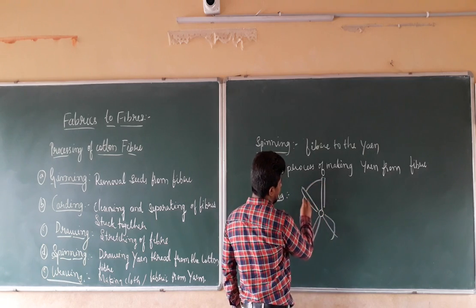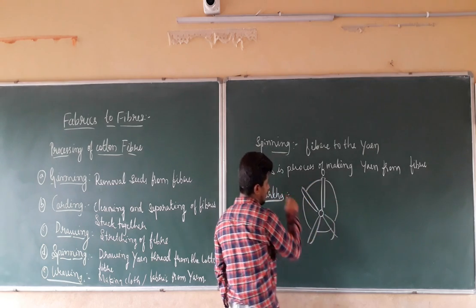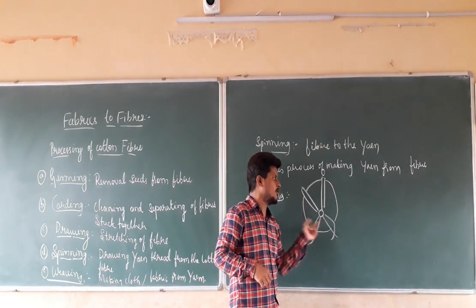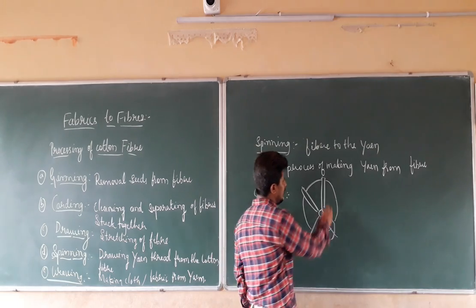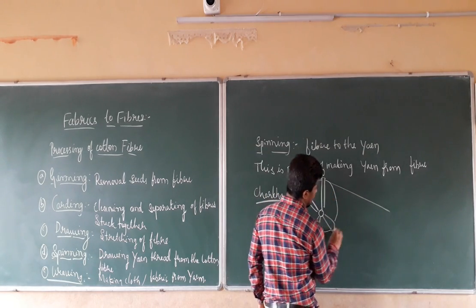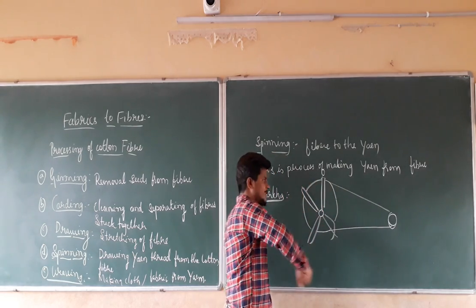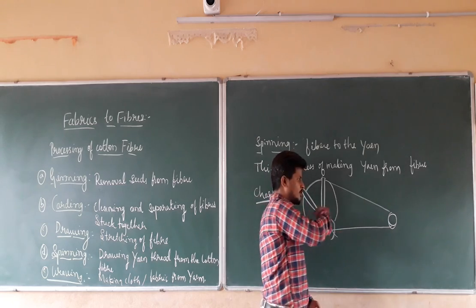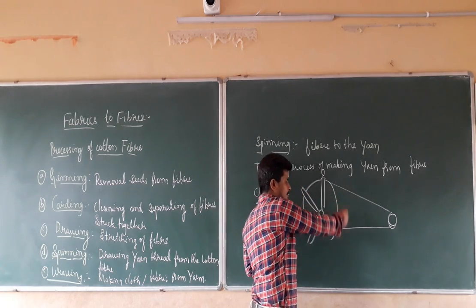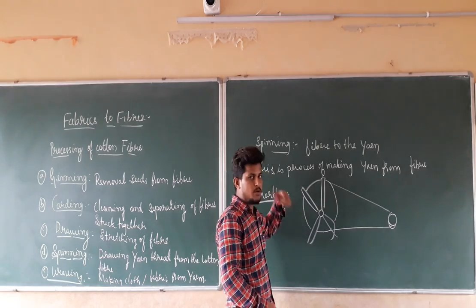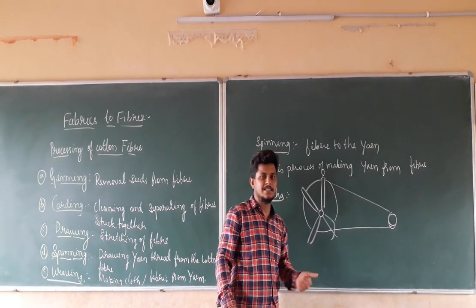And it will connect it like this. So the yarn should be made from this charka, and it will be connected to another thing like this. And you have to continuously rotate this thing. When you continuously rotate it, these fibers are going to be twisted and they are going to become threads.